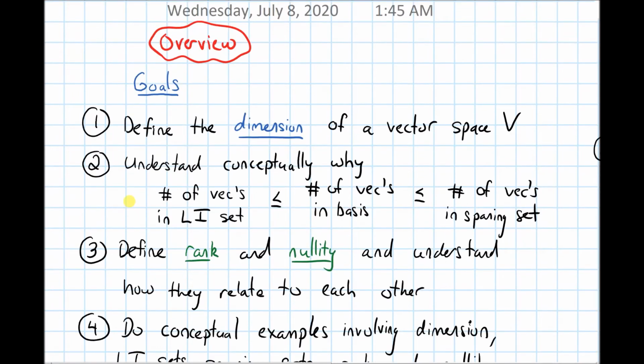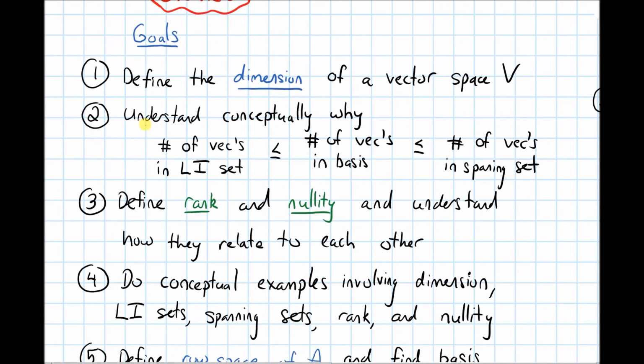So next, I want us to understand why the following chain of inequalities holds. So the number of vectors in any linearly independent set in whatever vector space we're talking about is always going to be less than or equal to the number of vectors in a basis, and that's always going to be less than or equal to the number of vectors in a spanning set. Oops, and I forgot to write one n in spanning. Let's fix that. In a spanning